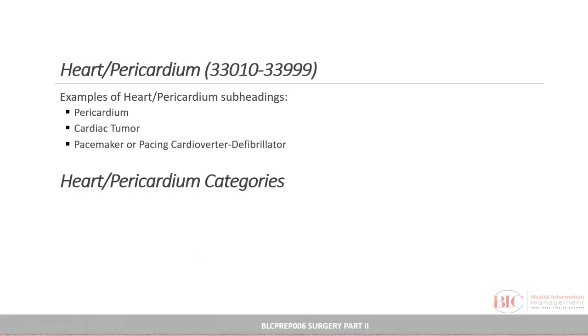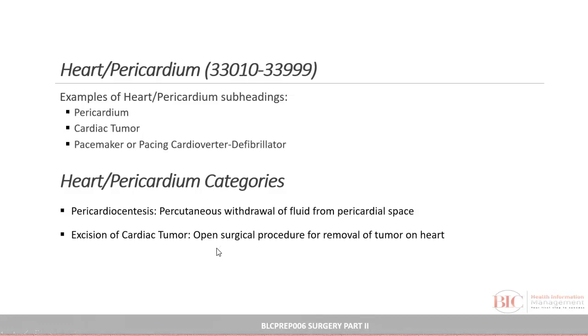So, the heart and the pericardium, your range of codes 33010 to 33999. Example, some of the subheadings here are procedures done for the pericardium, a cardiac tumor, a pacemaker or a pacing cardioverter defibrillator. Your categories you may see is pericardiocentesis, which is a percutaneous withdrawal of fluid from the pericardial space. Or you may find excision of a cardiac tumor, which is an open surgical procedure for removal of the tumor